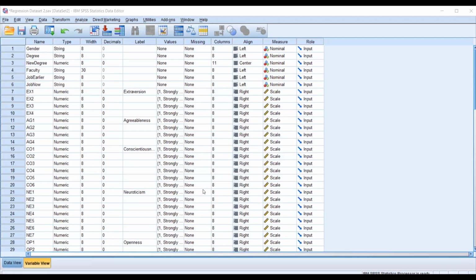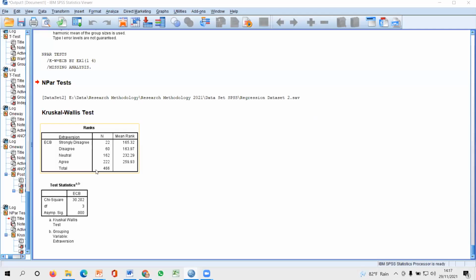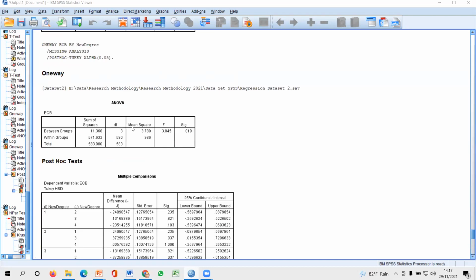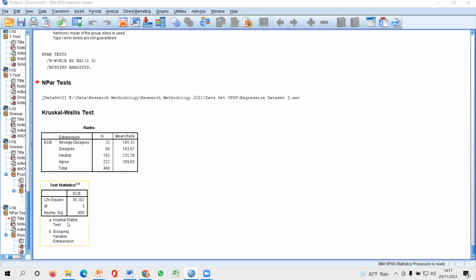Here you cannot see any mean differences calculation. Why? Because the data is not normally distributed. It is a non-parametric test issue. We don't have any mean differences. We only have these mean ranks, right? And this sig value, right? Sig value again, you know. So likewise, the previous result also we are getting the same result, right? Degree parts, we are having sig value. Here also we are getting significant value. But we cannot say which degree has the highest influence, which degree has the highest ECB and which degree part has the lowest ECB.